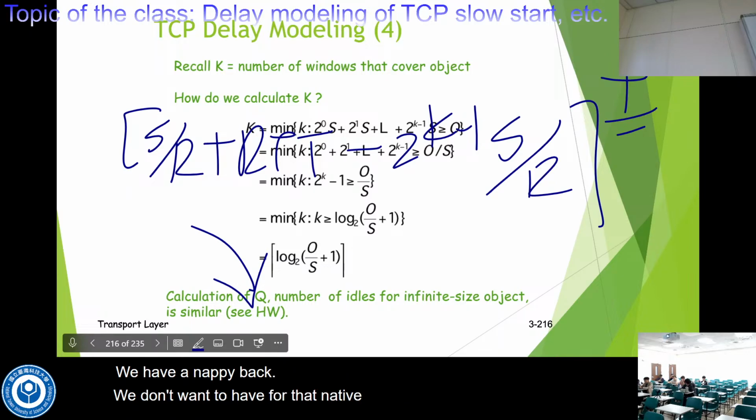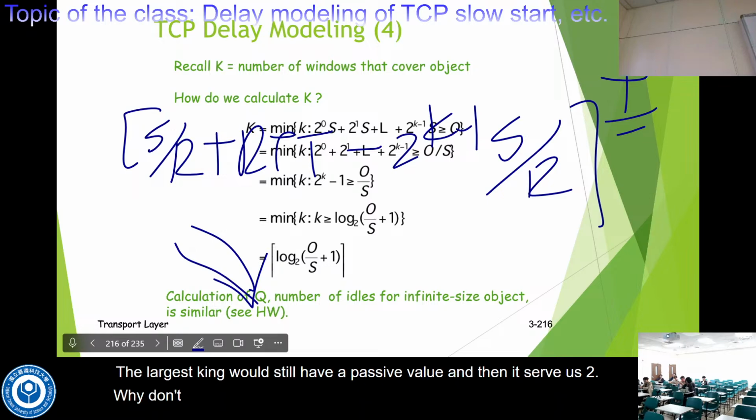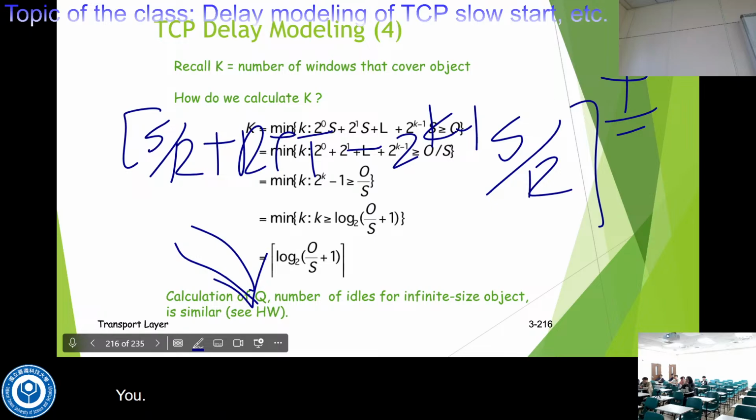We should keep the largest k that still has a positive value, and then it serves as Q. 我用中文说，这个小 k 最大，一直到它还是正的，那个值就是 Q。同意吗？因为我没有限制，为什么？走到最后哪一个是变成负的？哎，那就终结了。前面那个数就是最多的 Q。